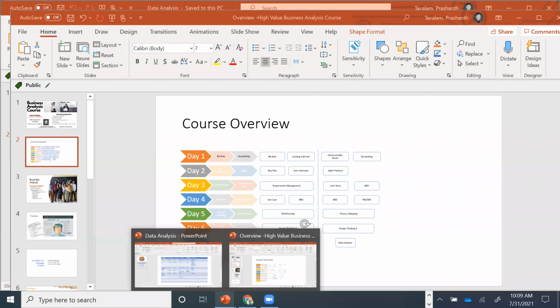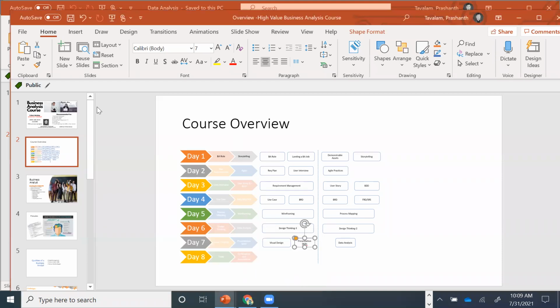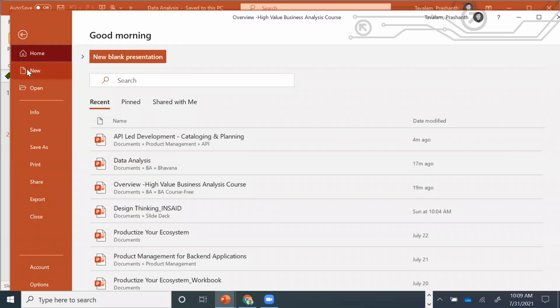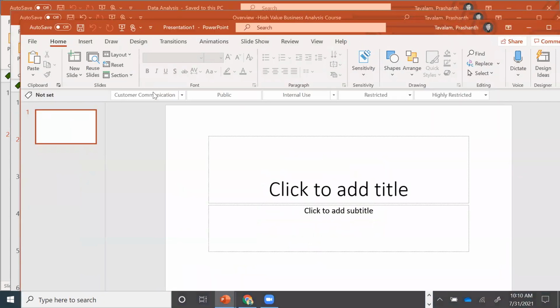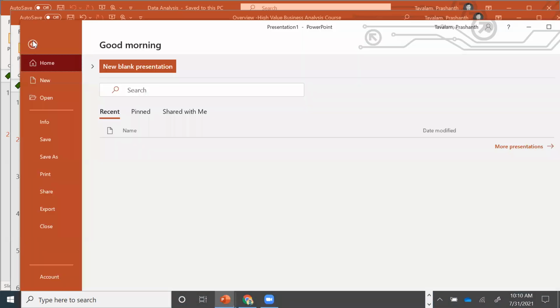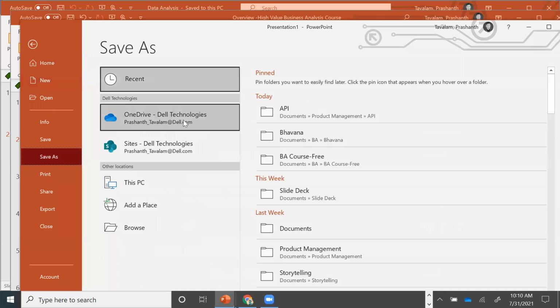Now here is where I need your participation. If you're sitting quietly, there is no energy for me. I'm going to ask for certain scenarios, and we'll create it on the spot. Visual representation is very important. All the information that you capture as a business analyst, you have to listen to people a lot, read a lot of documentation, whether it's on the internet or already built project documentation. There's a lot of information that you consume, and then you have to come up with a really good, crisp summary of what you have read. That's important for a business analyst.